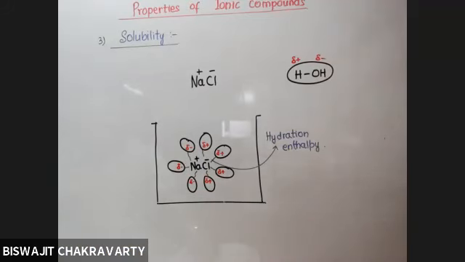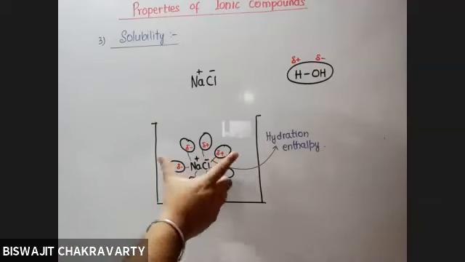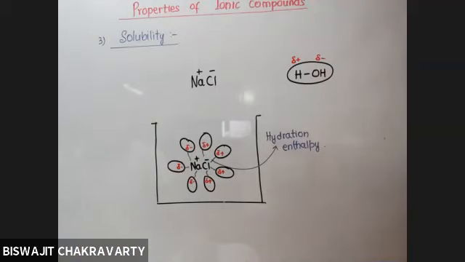If this hydration enthalpy is high enough as compared to the lattice energy, because a minimum of the lattice energy must be supplied so as to separate them, because by spending this much energy they were formed. It is just like saying that suppose you buy something today and you don't require it, you want to sell it off. So a minimum of the cost price you would like to retain, and if you get more, you get the profit, but whatever the costing was, you want to sell it off at least at that price.